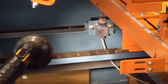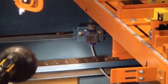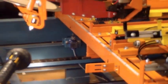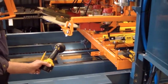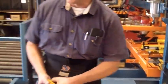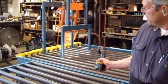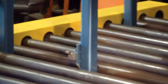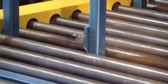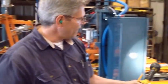Limit switch number 2 tells the computer it's done with the cycle, and you can go home for either the top cycle, or it ignores it when you're making a single face pallet, and it goes directly to the stacker. It stops at the stacker with limit switch number 3. It tells the computer to stop forward motion, and it also tells the computer it's okay to stack the pallet, as long as the magnetic limit switch 4 and 5